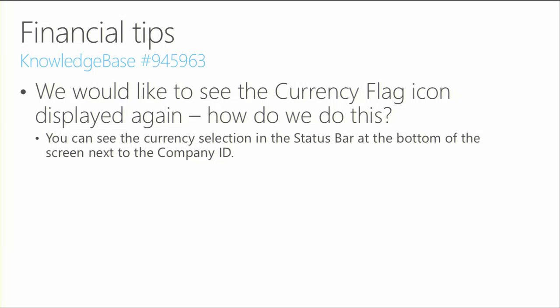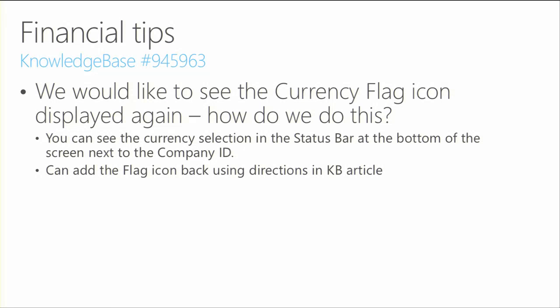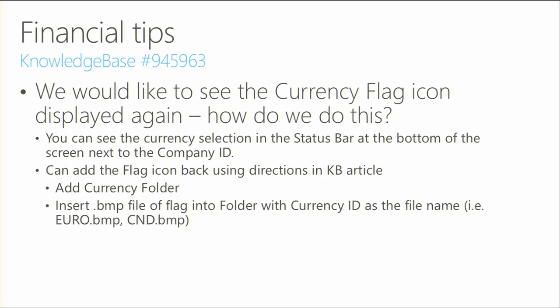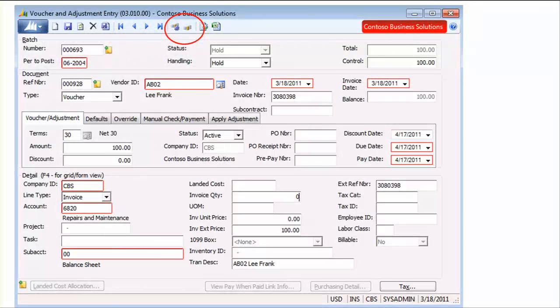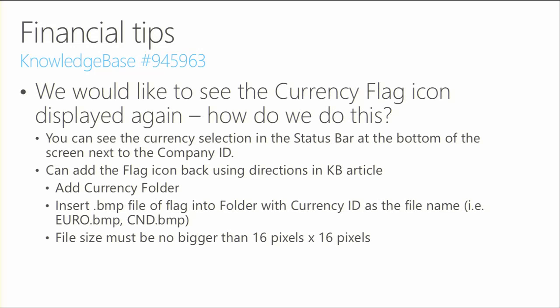I don't know if you're familiar with where the currency flag shows up. I'm going to get to a point where there's a screenshot. Basically, there's a KB article, but you just have to create a new folder in your root called currency and put your flag in there. It can't be bigger than 16 by 16. I'll show you a screenshot. So here's what it looks like without the flag. And then if you do all those steps where you add the currency folder, you insert your BMP file, and then make sure the size is appropriate. Then after you've done that,